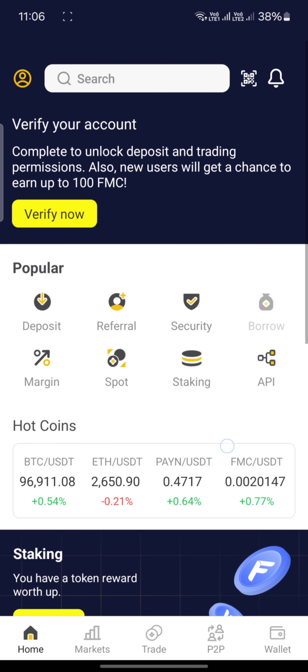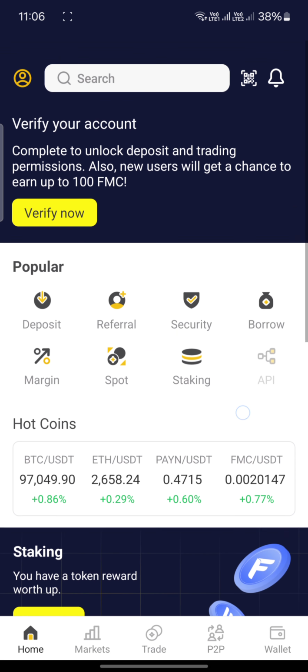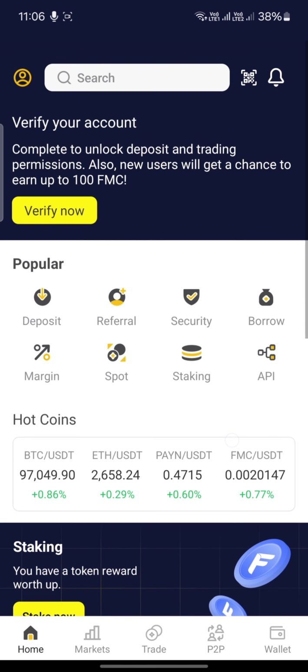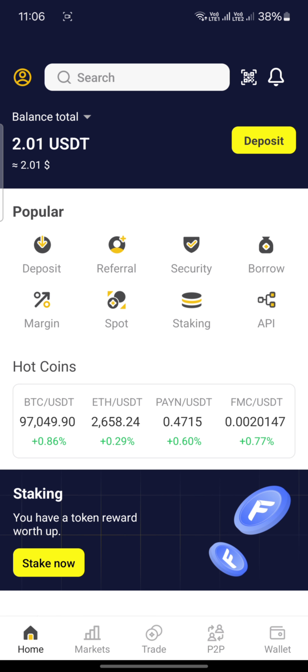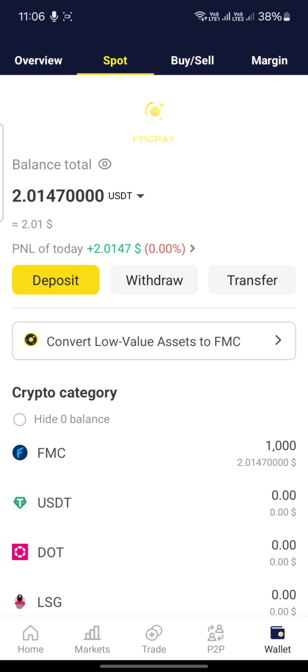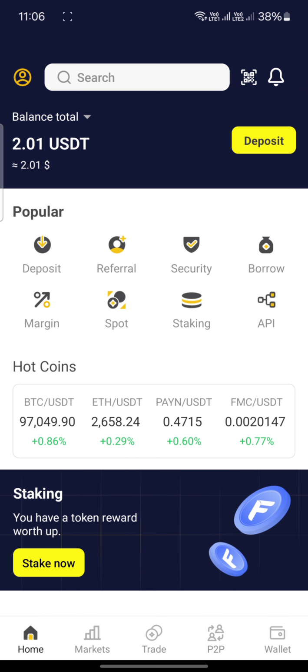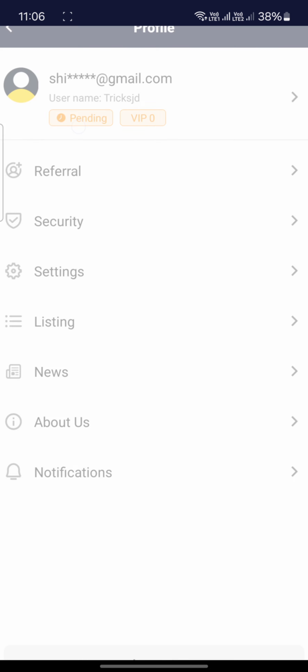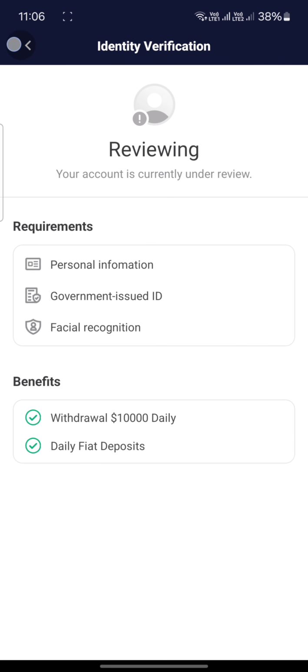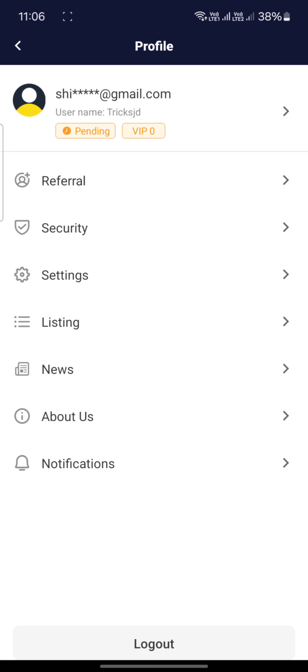From here you can simply just wait for that, and you will get 1001 or 2000 to 2500 FNC token, and you can just simply withdraw this amount and get profit from that. Okay, simply by doing those tasks you can earn